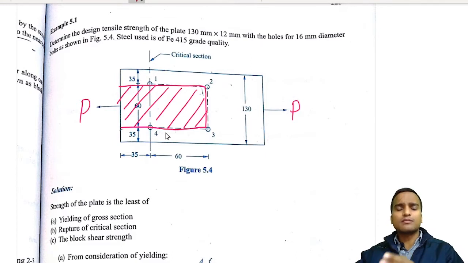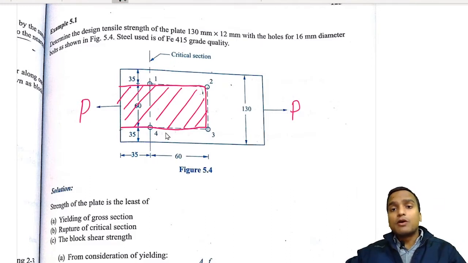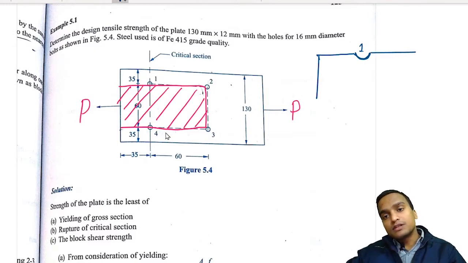So let us draw the diagram of the block being separated in block shear failure in this case, and you will understand all the values very easily. Now the block will look like this, and if we draw the diagram, we will also have to draw the bolt holes here. Why am I making this curve? Because of the bolt hole, and here was my bolt 1. After going this much length, again I get a bolt hole, and that is of only this much size. So here is my bolt number 2.